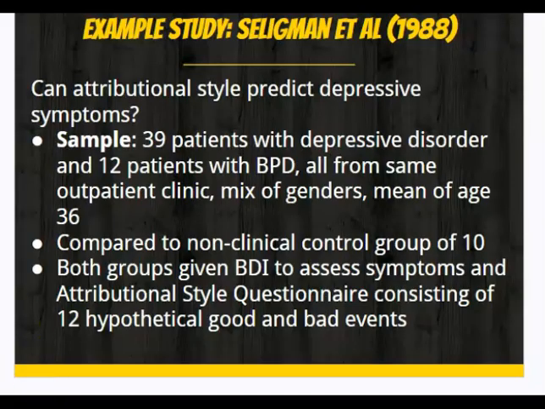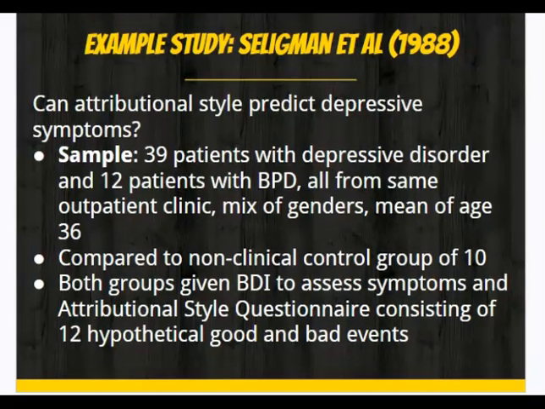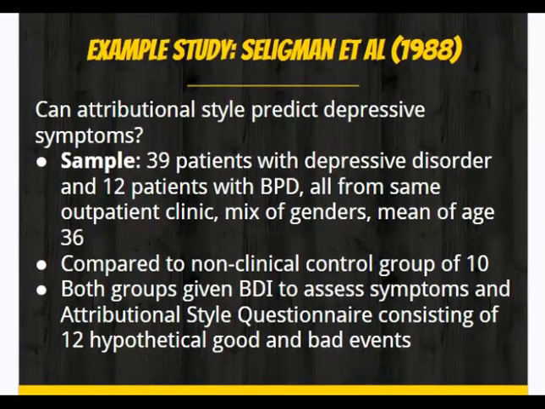So he wanted to do a more scientific study about it. So he looked at a correlational study. He said, well, is there a relationship between someone's attributional style and their depressive symptoms? So he recruited 39 patients with unipolar depression, 12 with bipolar depression, and then, of course, a non-clinical group of 10 who didn't show any